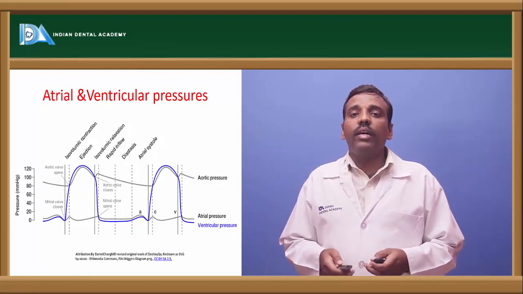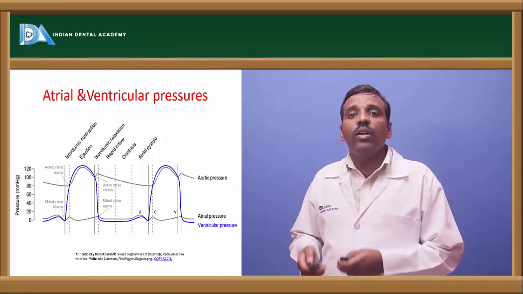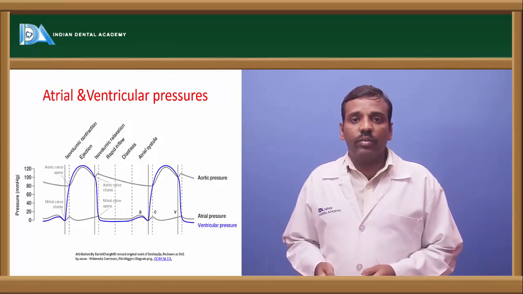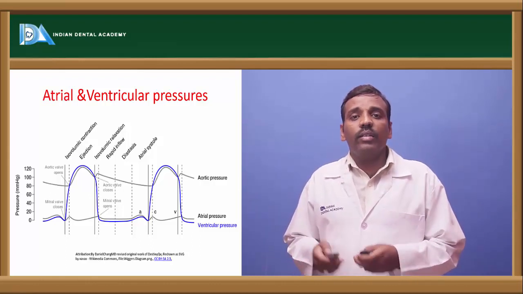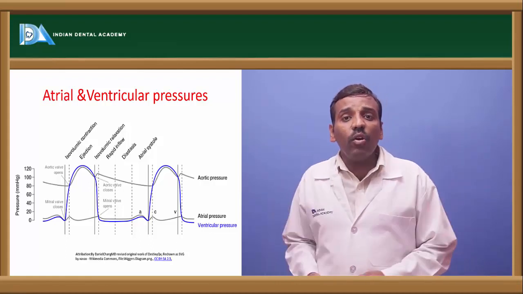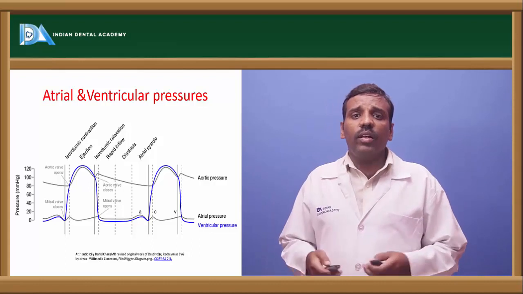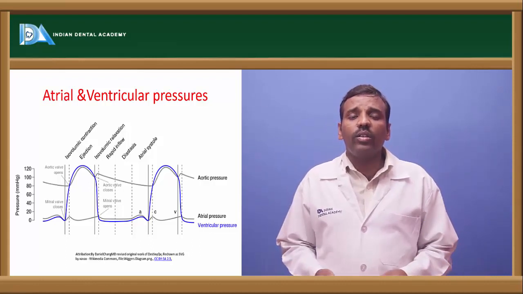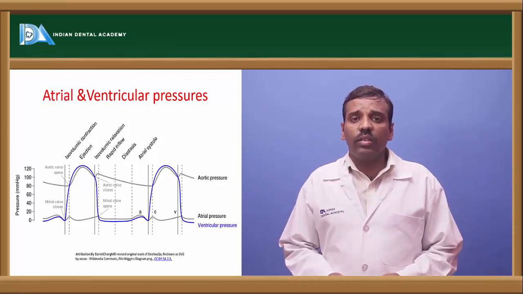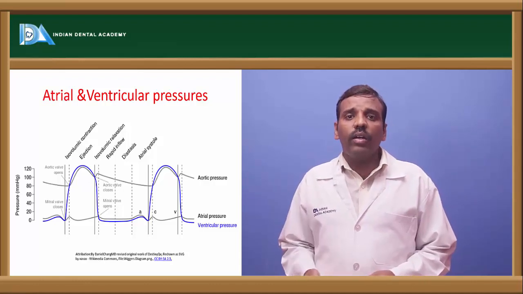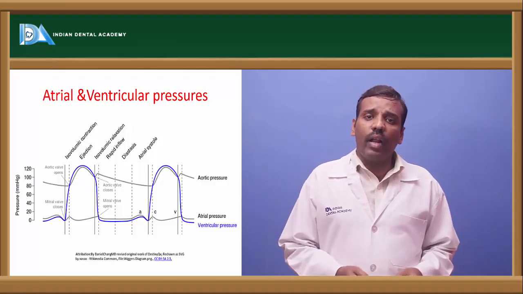At the level of isometric contraction, the intra-atrial pressure is increased. And at the ejection period, pressure is increased. At the level of protodiastole, the pressure is decreased. And in isometric relaxation, with complete relaxation, the minimum pressure is present in the atrium and the ventricle. And next, at the rapid, slow and rapid filling,